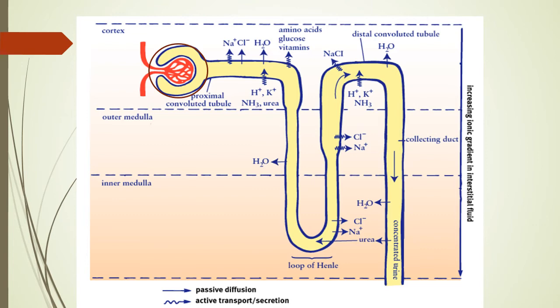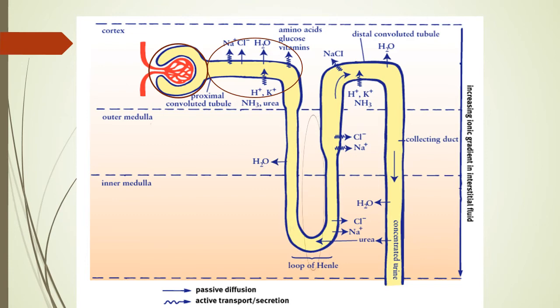If it is not going to work properly, we need the dialysis. Okay. Anyways, that's a different part. Now the proximal convoluted tubule, the first part, you can see here some ions are taken outside or reabsorbed. So if body cells need, suppose, sodium or chlorine, then what will it do? It can be reabsorbed from here.